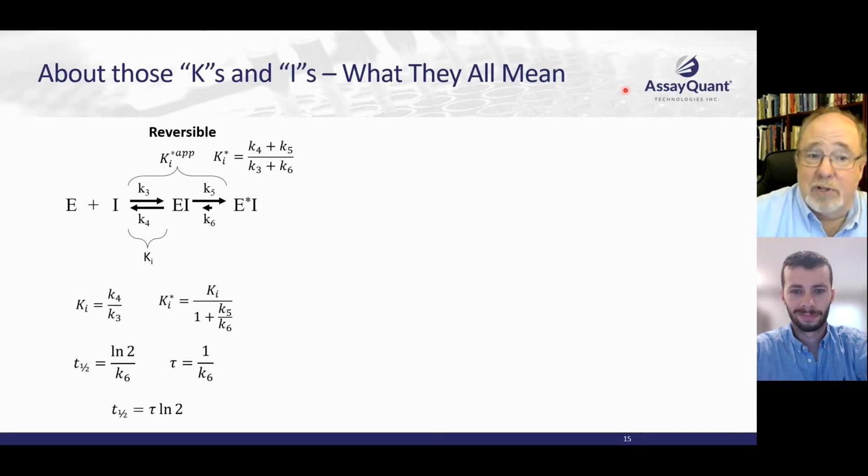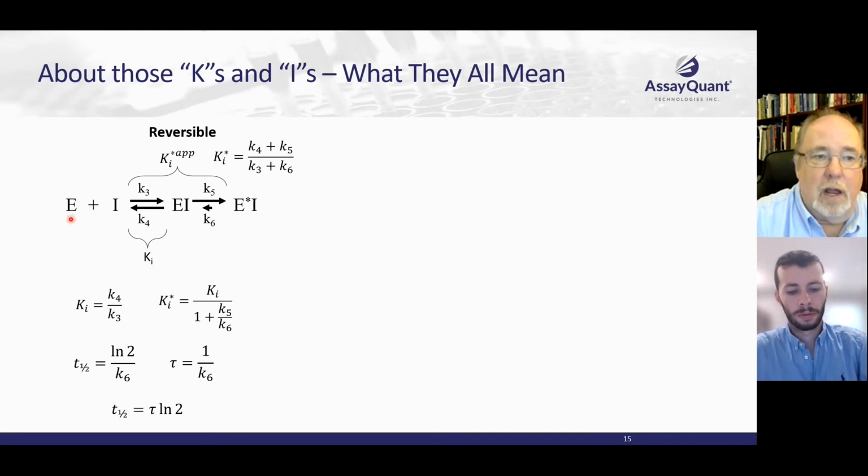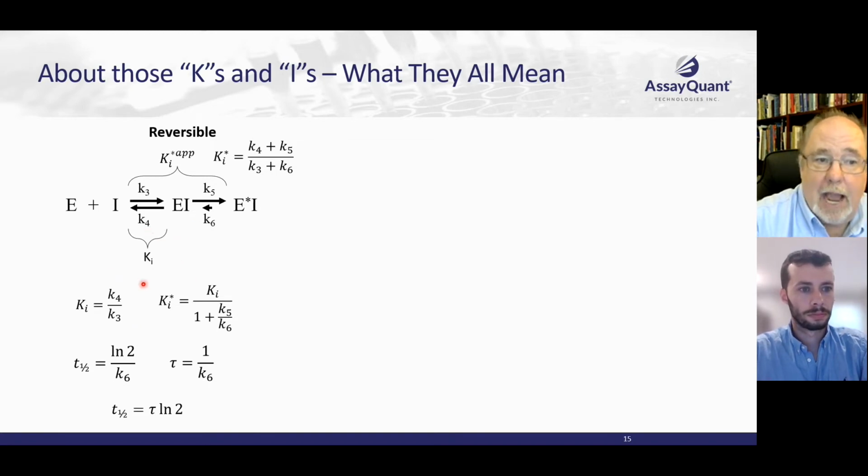So before I finish up here, let me tell you about the Ks and Is and how all these look here. For reversible inhibitors, I kind of alluded to most of this, but I want to introduce another term. So that final complex there is E star I in all of this. So there's two steps. The enzyme binds to the inhibitor to form this complex, which then there's a conformational change or something else happens that forms a different complex. And that's described by these two rate constants here. The initial binding step, when you go from E to I to EI, that is your old friend Ki, the